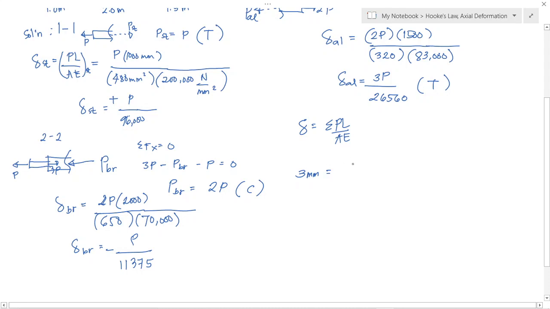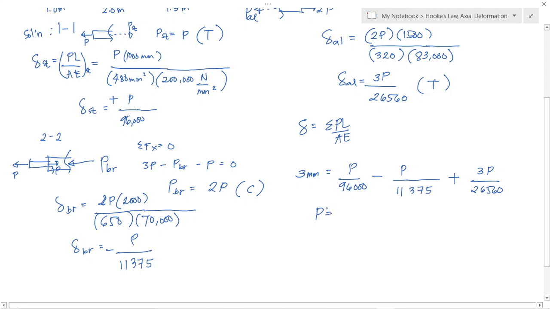We have P over 96,000 less, kasi compressive yung sa bronze, minus P over 11375, plus yung sa aluminum tensile. So we have 3P over 26560. Okay, considering 3 mm here, sum up nyo lang yung right part of the equation, makukuha natin that the